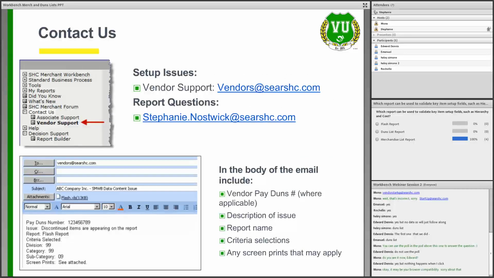If you are experiencing setup issues where you know that you should be able to see some type of item or some category and it's not showing for you, please contact vendor support at vendors@searshc.com. But if you have specific report questions that you can't find answers to in that online help tool, feel free to reach out to me. My email address is